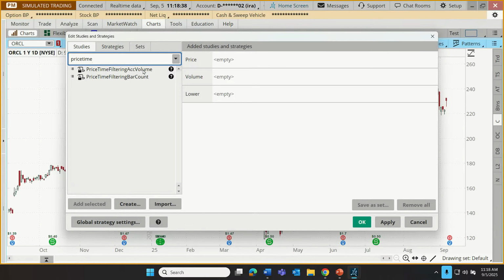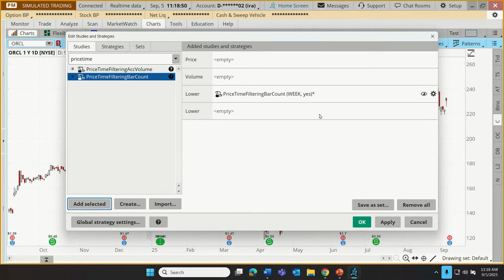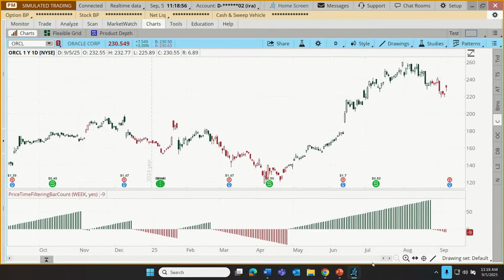As a matter of fact, when we're done today, you can just load up both on your chart if you want to, and you'll notice they look almost exactly the same. A little bit different, essentially the same though. So let's just choose this one. We're going to add that to our chart. We're going to leave the defaults for now and click apply and click OK.